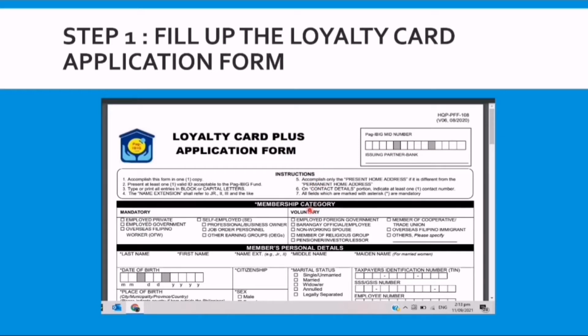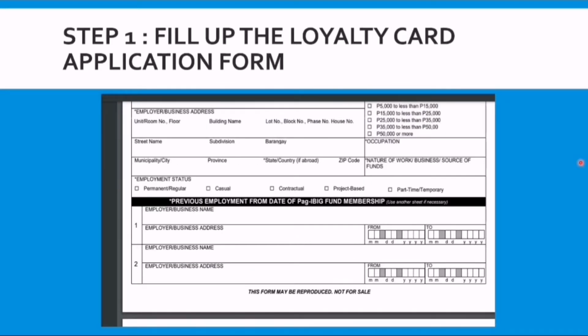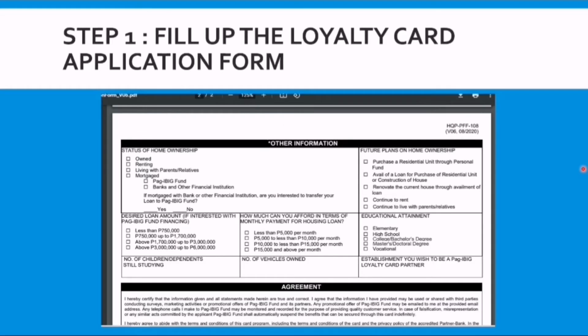Kasi on number 7, nakalagay dito, all fields which are marked with asterisks are mandatory. So, fill up tayo dito sa first part, membership category. Then, members' personal details, address and contact details, present employment details, previous employment from date of Pag Ibig Fund membership, and at the back of the form, other information,